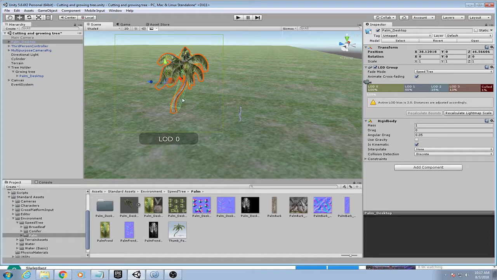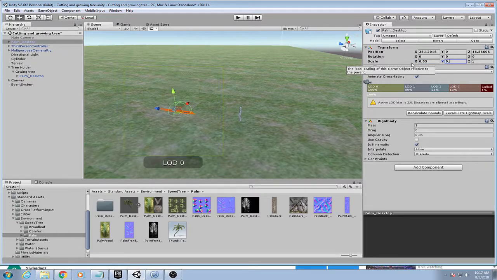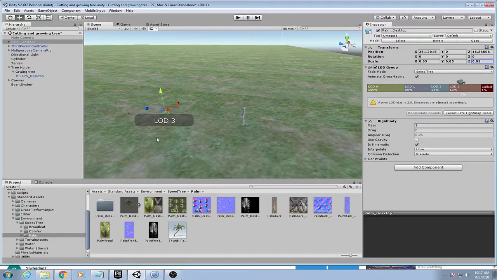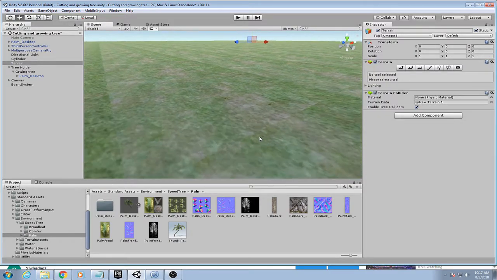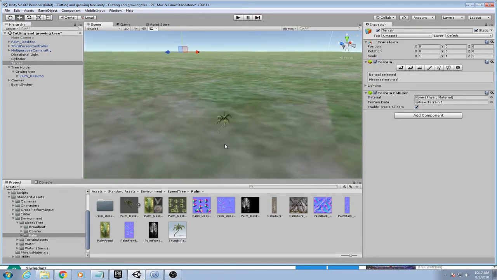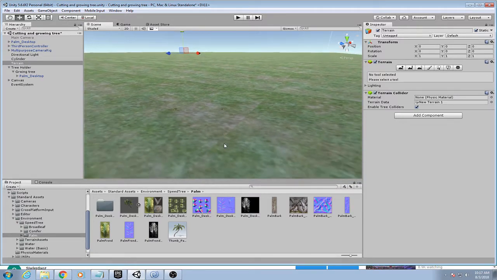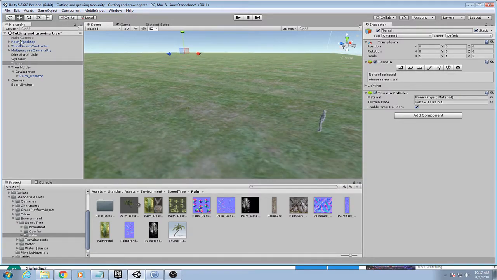And what you'll need here is to scale this tree down to whatever you like. Let's say I'll scale it down to 0.05, 0.05, 0.05. If I get close enough to it, see how small that tree is? That's what I want. Alright, once you do that,